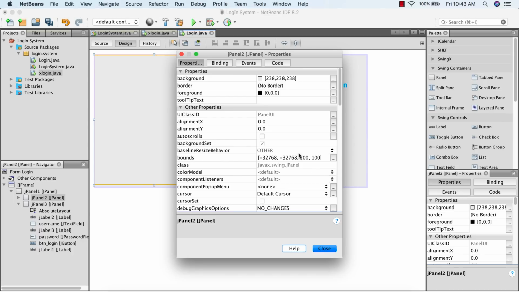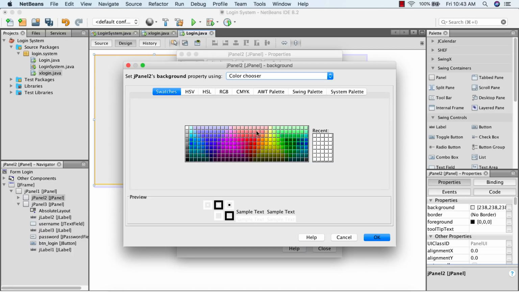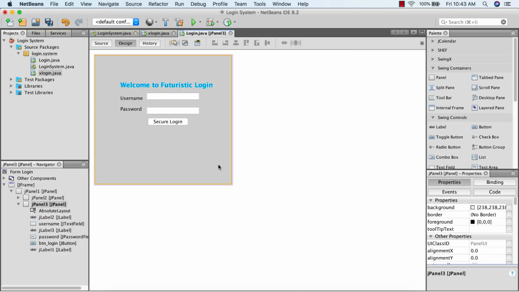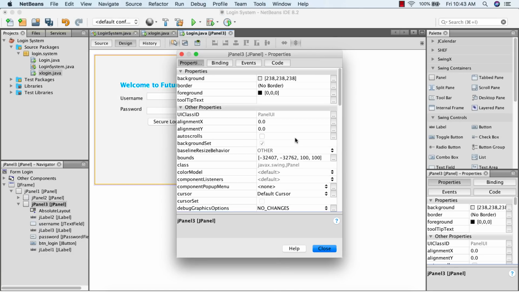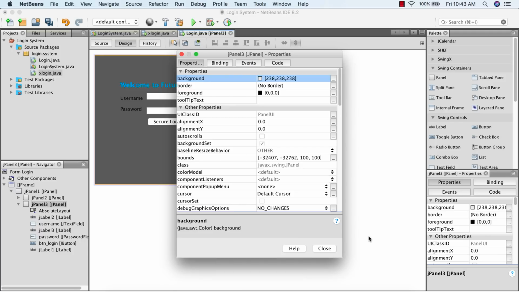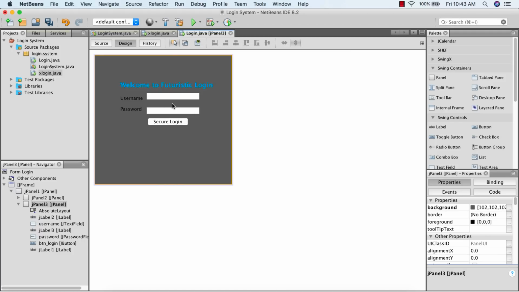We'll change the background of this one to white color for now, and then we'll change the background of this one to something different, maybe like a dark gray color. And this one would, I think, suffice the design requirement. And then we'll start customizing